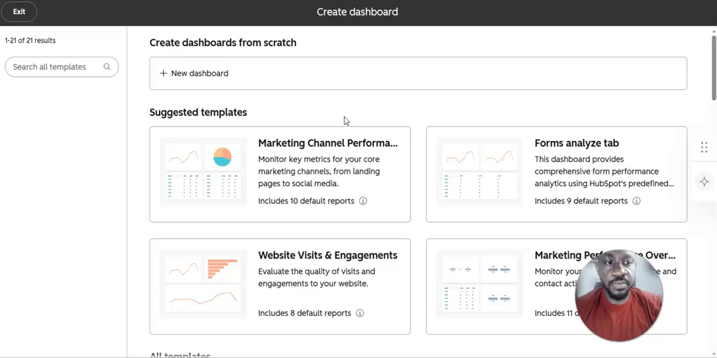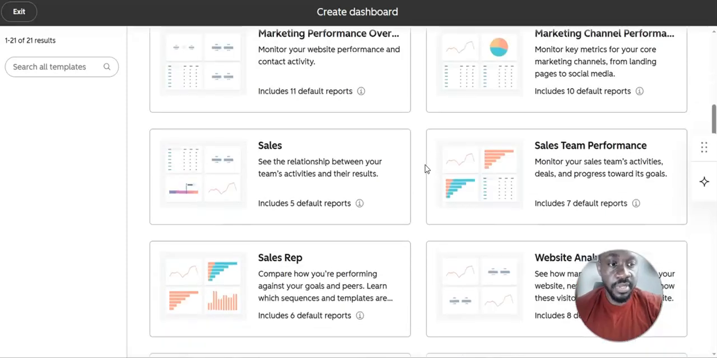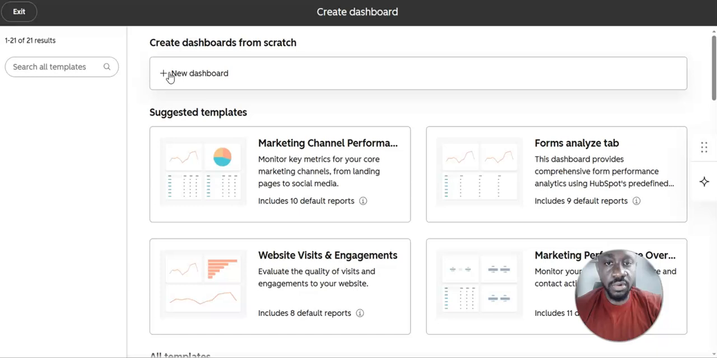So in the dashboard section, you'll find that you're presented with suggested templates. And again, this dashboard needs to be specific to your goal or what you're trying to achieve as an organization or as a team. Or you can choose to use any of the templates, or you can create one from scratch, depending on what you're trying to showcase, either on the board level or to your team members, or again to your supervisor. All right. So in this case, we're just going to click on new dashboard,